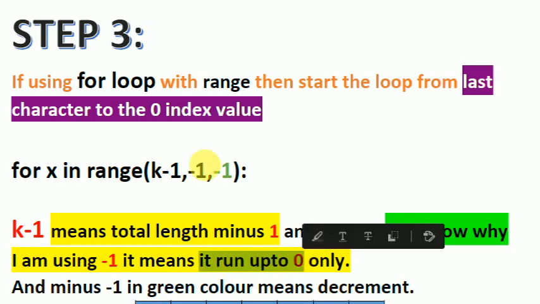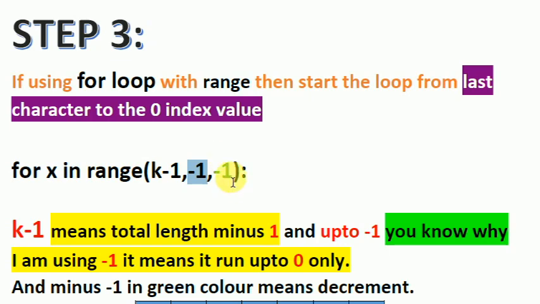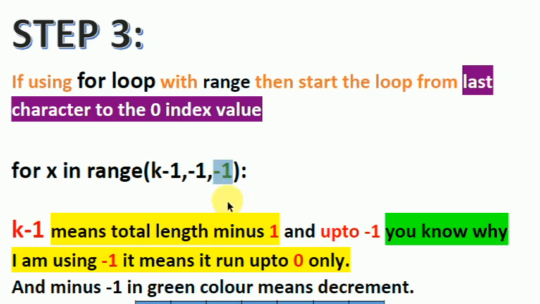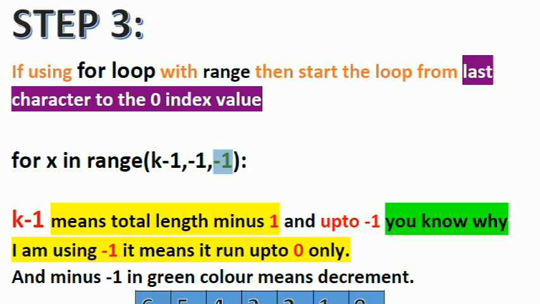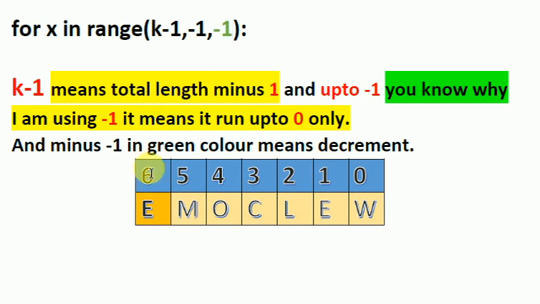When we put minus 1, then only it will work up to 0. If I put 0, then it works up to 1, automatically minus 1. And what is the third one? The third one by default is incremented. We are working in a decremented order, from the highest value to the lowest, so decreasing order. So we have to put minus 1. That tells the for loop that you have to decrease the numbers. So when the minus 1 is there, then 6, then 5, then 4, then 3, then 2, then 1, then 0. This is the way.